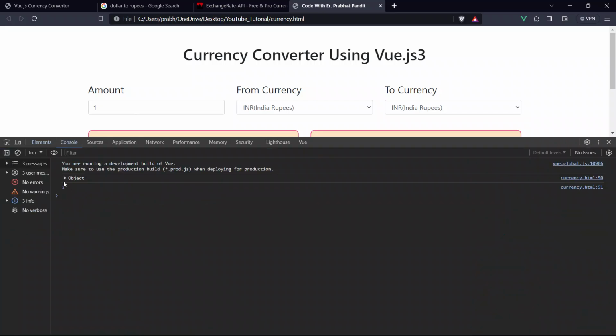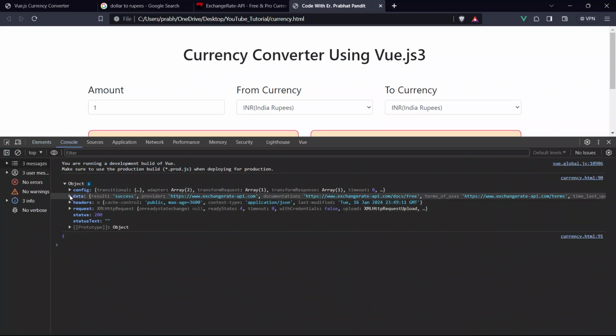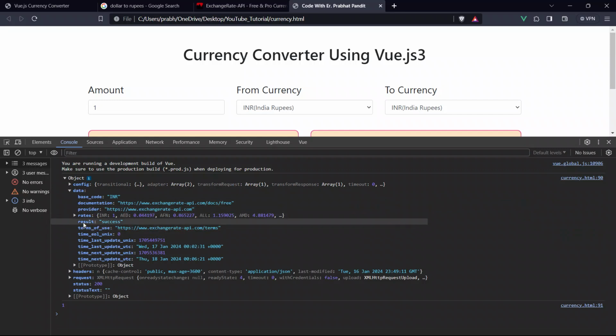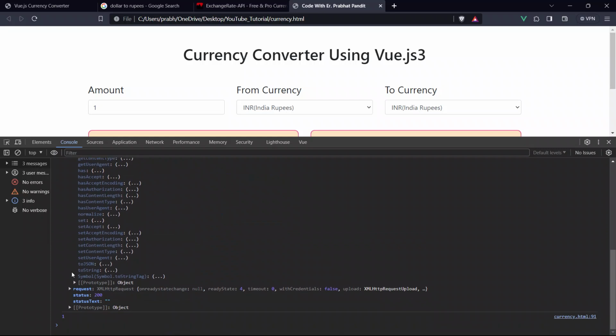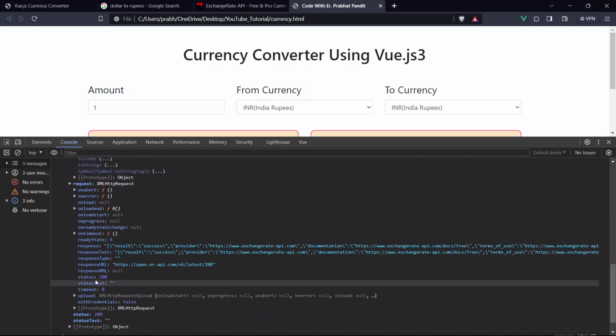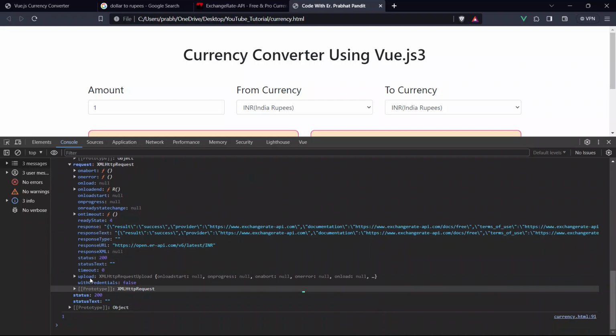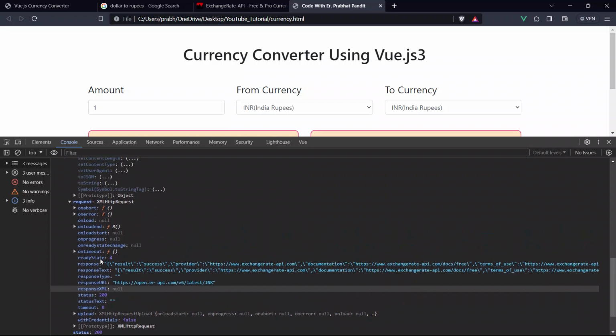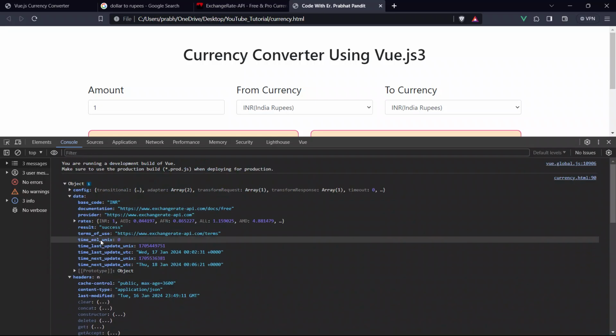Okay, go to the console, open this object and go to the data. So go to the header and go to the request, and it is, I guess, go to the,